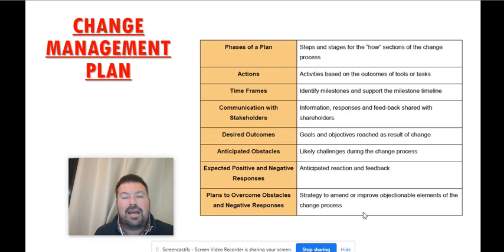And then we obviously need plans to overcome obstacles and negative responses. We look at all of the resistance, we look at the negative, we look at those who are constantly pushing against us. They're never looking for solutions, they're always looking at the problems. But now's your opportunity to already start to push things in place so that they won't win and that your change plan will be successful. So look at your plans to overcome the obstacles and the negative responses. So if we can put all of those things in place and we plan well, then there's no reason that our change will not occur.